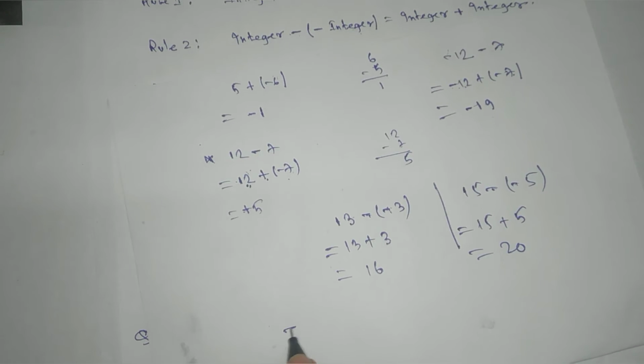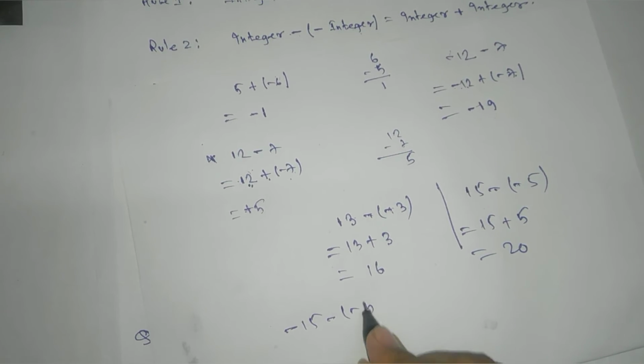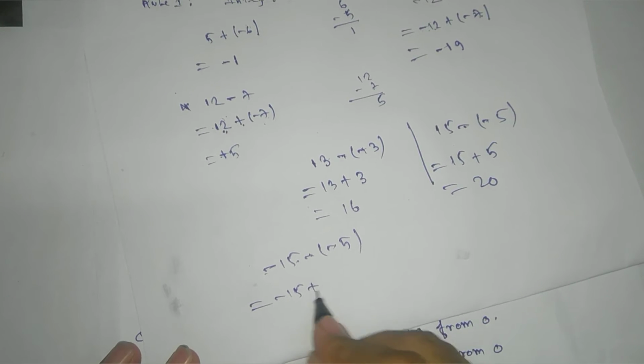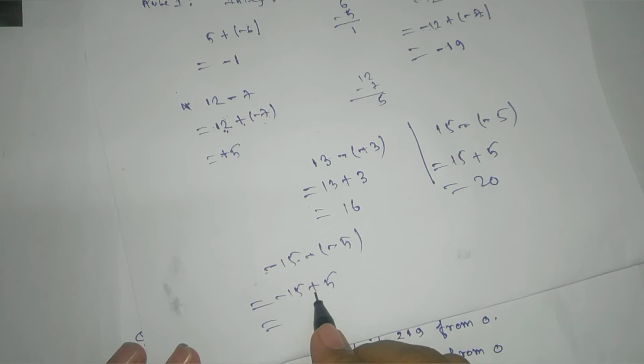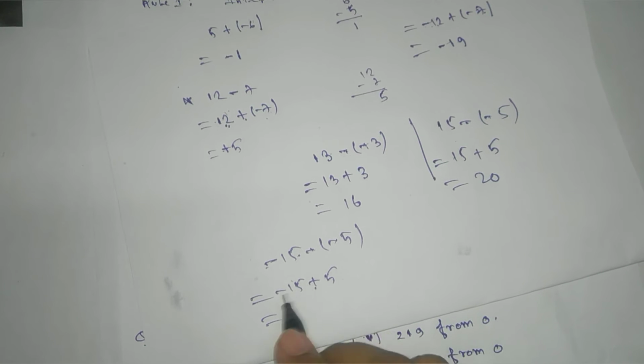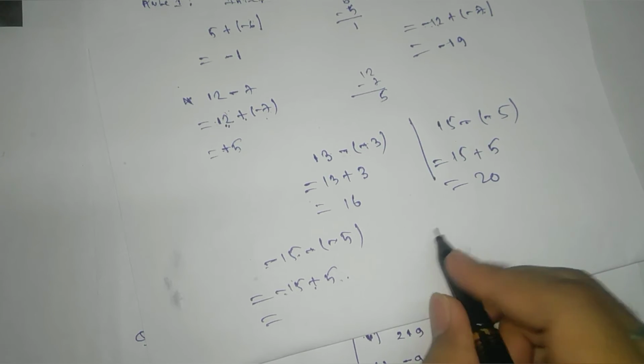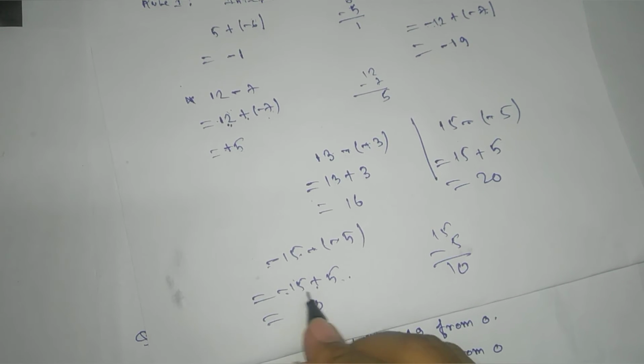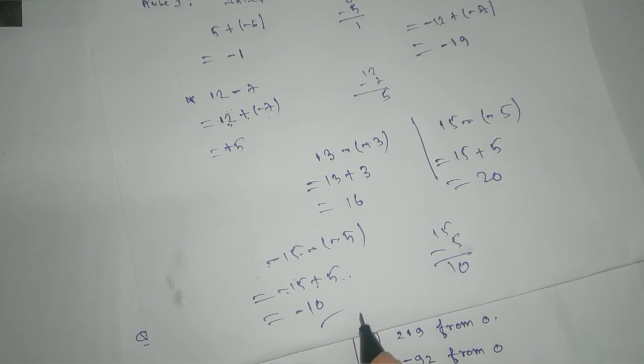Now if I take minus 15, and then there is a minus, and then again minus, what we're going to do is minus 15 will remain the same, minus minus gives plus. But now you can see that there's a plus symbol and there's a minus symbol, that means both have different symbols. So we'll do subtraction, 15 minus 5 gives 10, and then we see which is bigger, 15, and which symbol it carries, that is minus, so we'll put minus here. Very important.